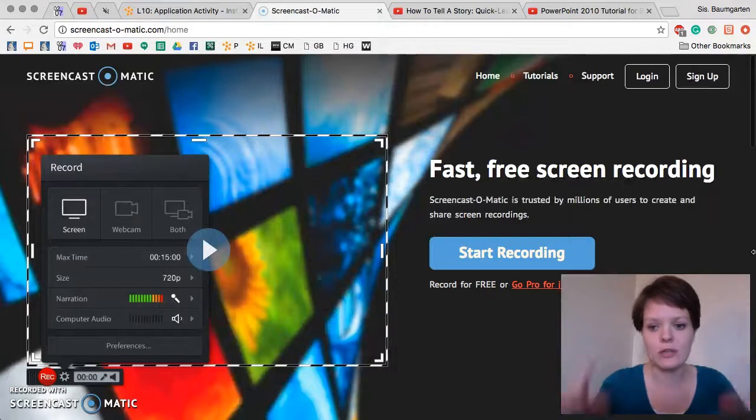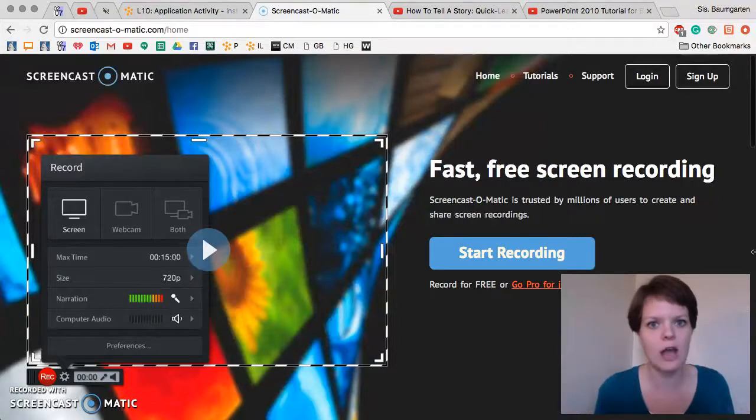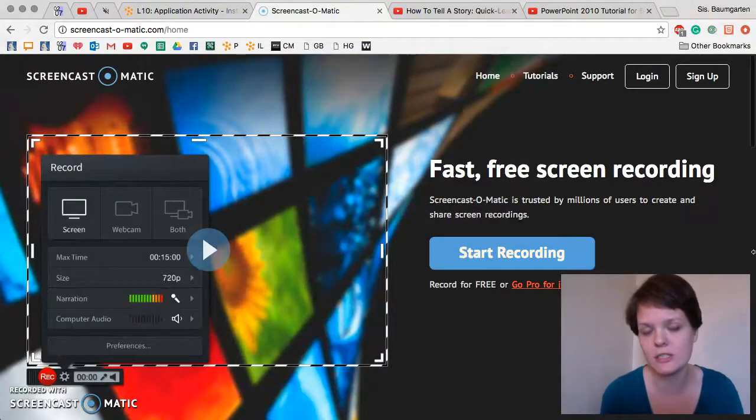You could hold up pictures if you wanted to. You could kind of act things out and show emotion in your face as you're talking through your story. You can do whatever you want with this. And I'm going to include a couple of links that will show you how you could prepare to tell your story through video and upload it to YouTube.